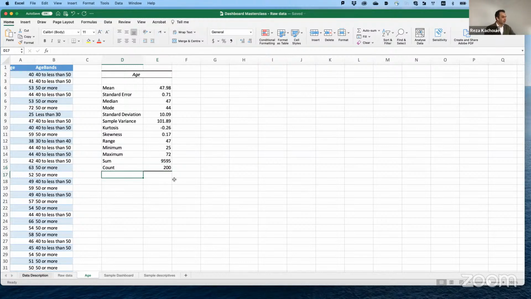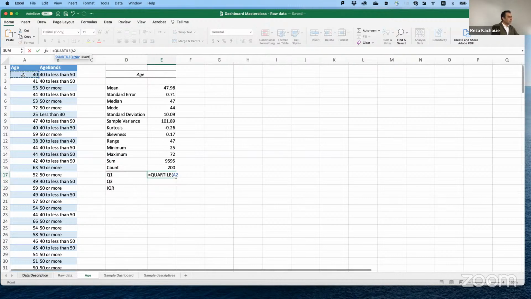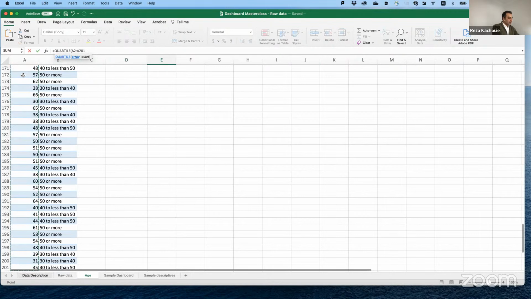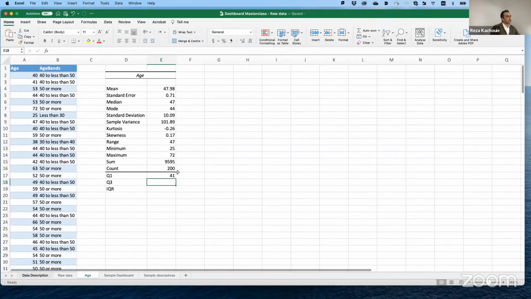Some other things that we want to calculate. We want to calculate quartiles. Hopefully you are familiar with quartiles. We use the quartile function. We select our data set. We say quartile 1. And now we have our quartile 1, 41.